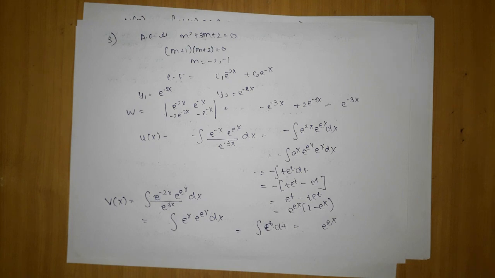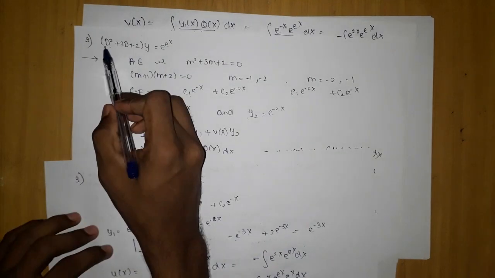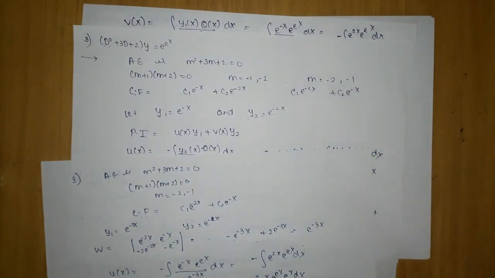When a problem like this appears, which breaks up into roots, any person can take m1 and m2 as anything; they can write -1 first or -2 first, it's up to them. Because of this, the complementary function will change a little bit, because of which y1 and y2 will change, but the w will come different for each of them, and the final answer of the particular integral will come exactly the same. Keep this in your mind. If you're getting a different answer, then your method is wrong, you have made a mistake.